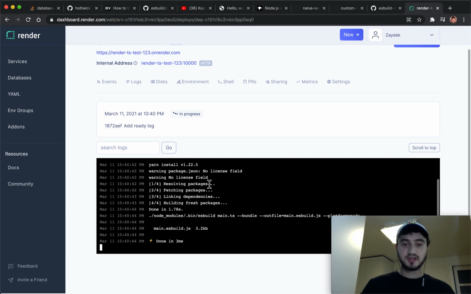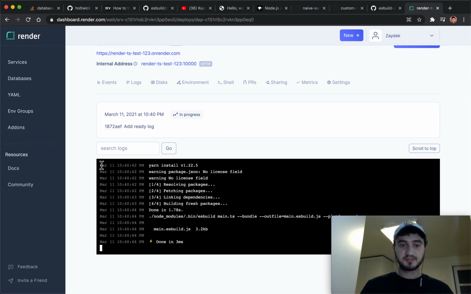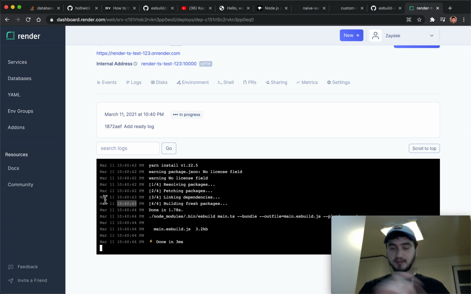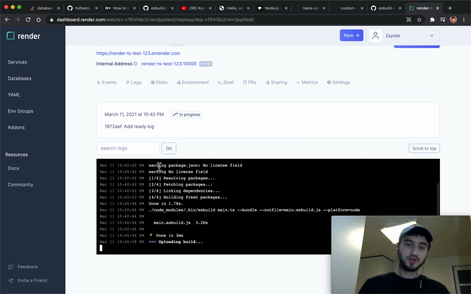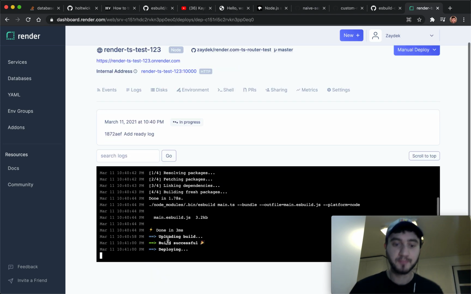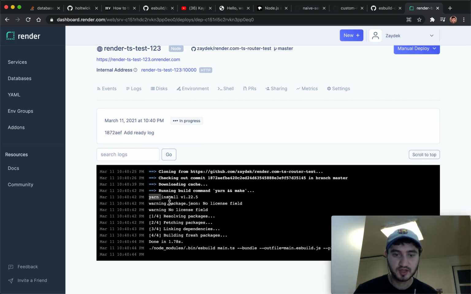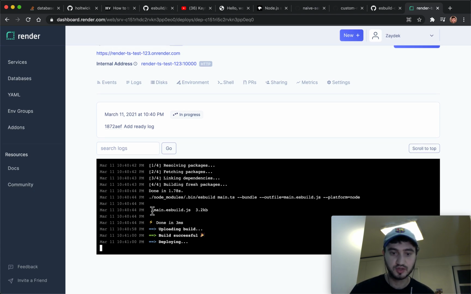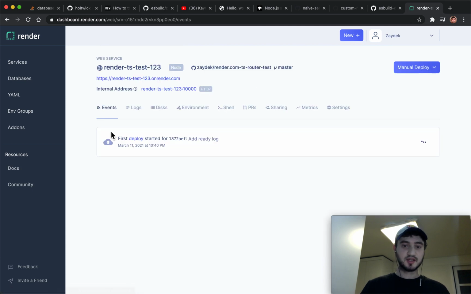So if I look at the output, this is nice, by the way. It's a small quality of life thing. They actually print timestamps for you, so you don't have to bother with printing timestamps in your own code. You can just put the info that you care about. So anyway, it's going to initialize yarn because I've specified to use yarn. It's going to run the make command like we talked about. It's done in 3 milliseconds. It's uploading. It's deploying. And any second now, this will change, and we'll be able to try our little service